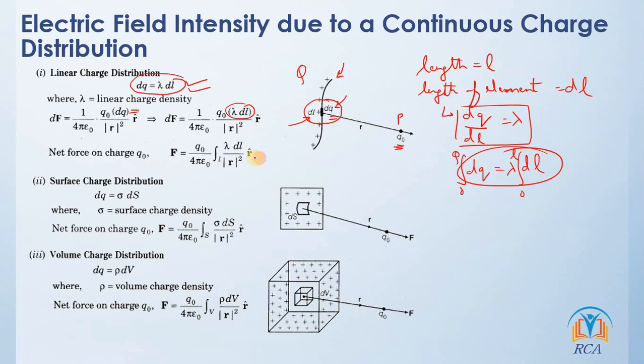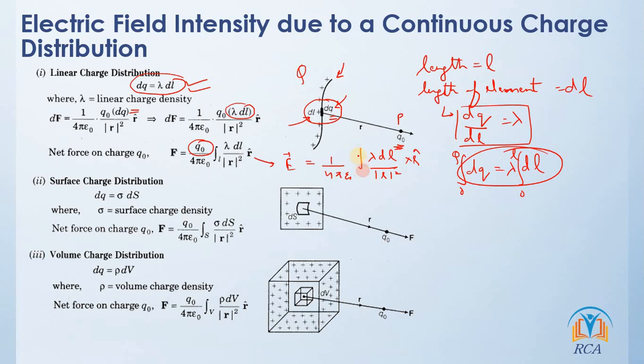But then if the net force is this thing, then what's going to be the electric field intensity at that point? It's going to be 1 upon 4 pi epsilon naught. And obviously this Q0 will cancel off because we'll have to divide that with Q0. Remember, we always find out the electric field intensity with respect to the test charge. So we do not have test charge in our formula. So this should only have an integration of lambda dl upon modulus of r square multiplied with r cap, but